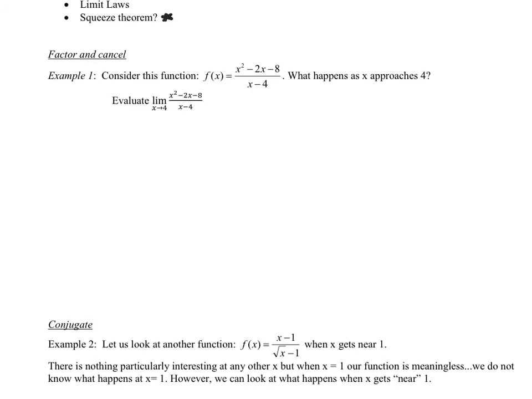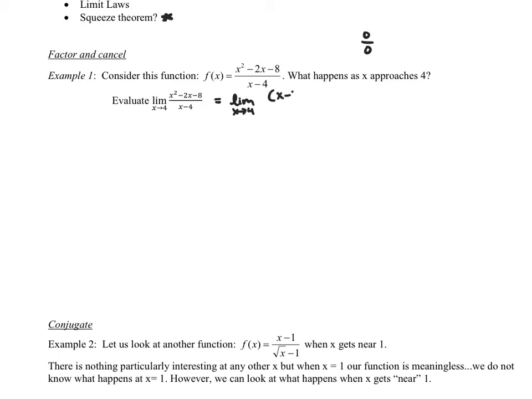The example says, consider this function f of x, x squared minus 2x minus 8 over x minus 4. What happens as x approaches 4? Clearly we see, as a mental note to the side, the numerator and the denominator will equal 0. That tells us more work to do. So what we're going to do is use a factor cancel method. Because 0 over 0 is an indeterminate form, I'm going to factor the numerator